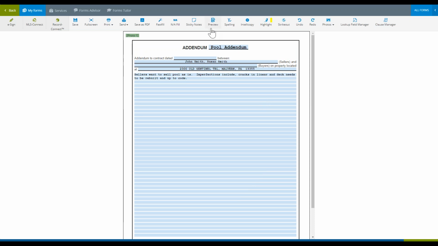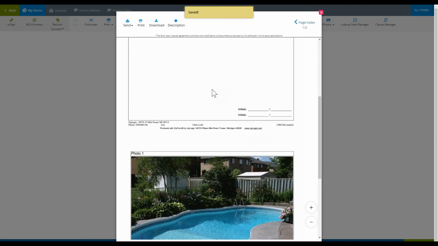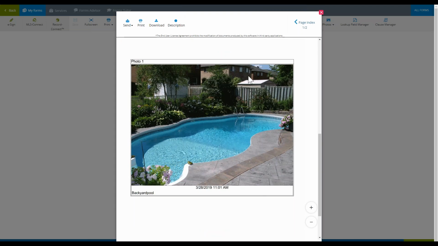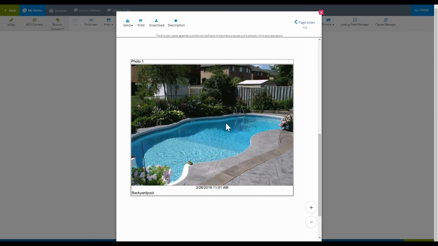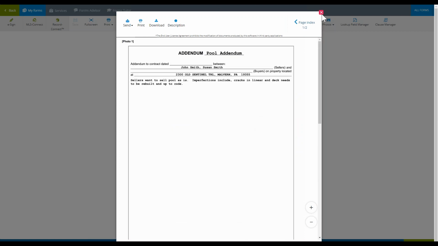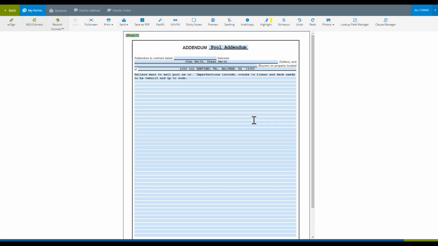So let me explain where you're going to see that. If I click on preview, this preview icon, for those of you who don't know, is essentially the same thing as sending out or looking at a print preview. So that's the idea behind preview. So I have my addendum here, and then I also have this picture of a pool. Now this one's a little bit nicer than the one I actually inputted where it has cracks in the imperfection, but maybe there is. Let's just say there is. We can use our imagination. And then we click on the X to close out of it. So those are some nifty, quick, advanced features that we have here.